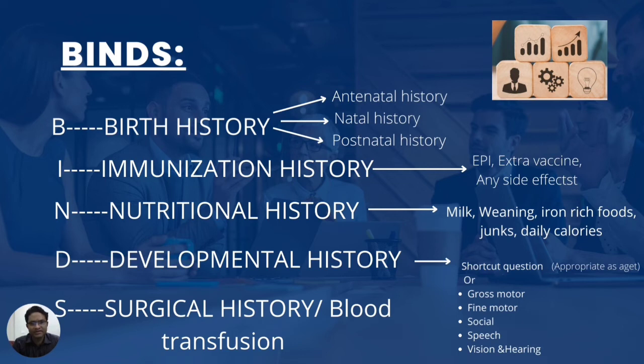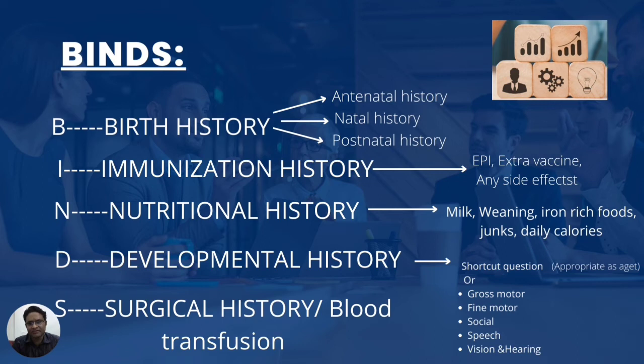Then our last step is BINDS and FIX. Birth history: antenatal history, natal history, and postnatal history. In antenatal history, ask about any complication during pregnancy, whether the mother was taking any medicine, or any defect detected in the anomaly scan. Natal history: either delivered by SVD or cesarean, delivered at home or hospital, either he was full term